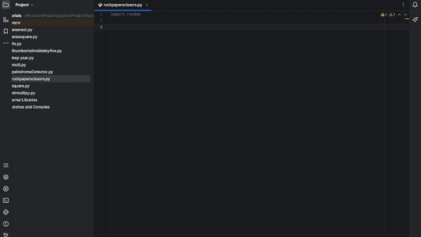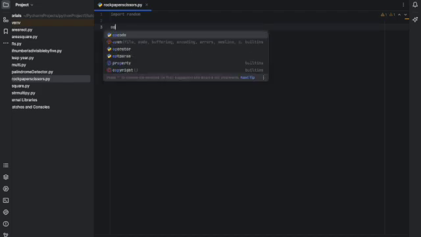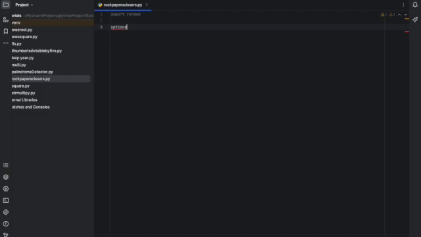Now you want to create a new list called options. Set it equal to square brackets. Let's do rock, paper, scissors. So that's the first little bit. The next bit will be